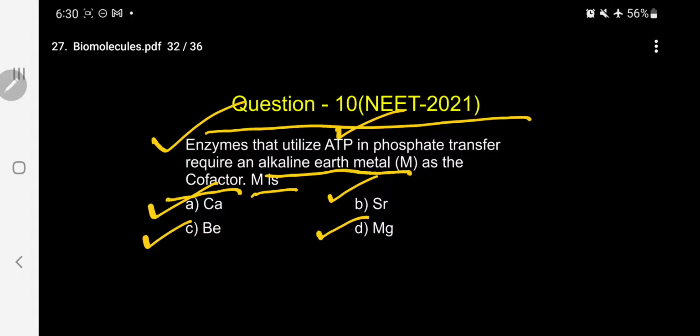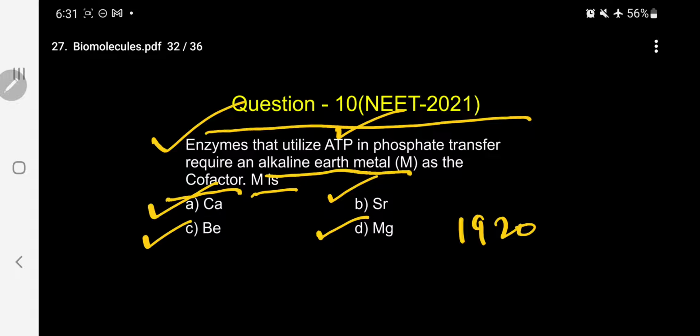Kindly follow. First you must know what ATP is. ATP stands for adenosine triphosphate. Actually, it was discovered in 1920. What is the duty of ATP? It stores and releases energy for many cellular processes. It is present in mitochondria.